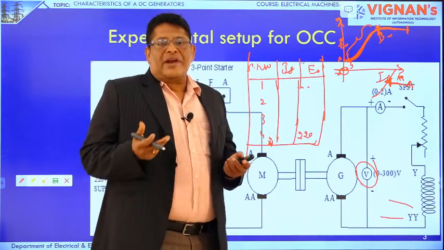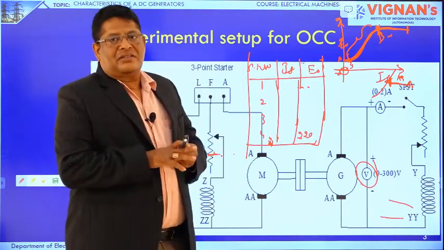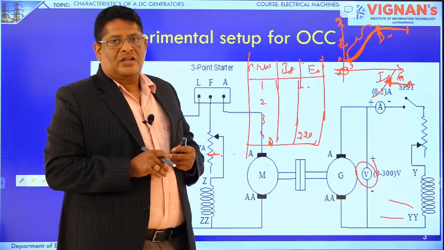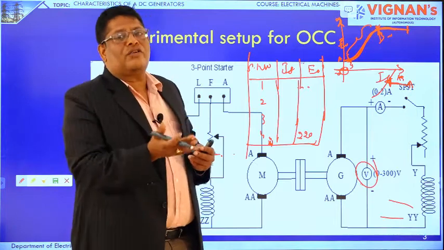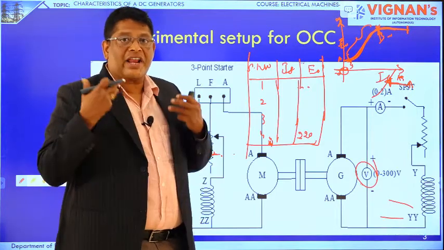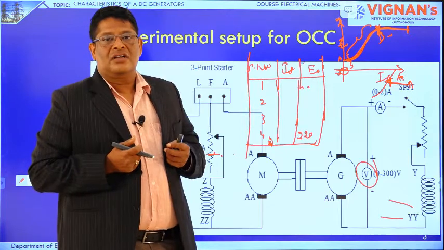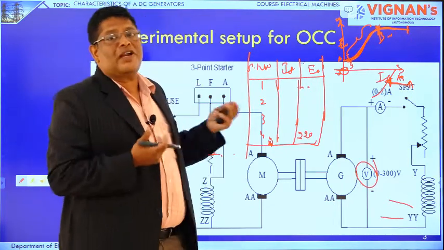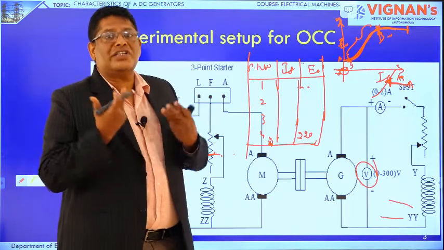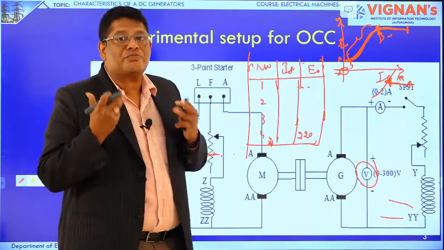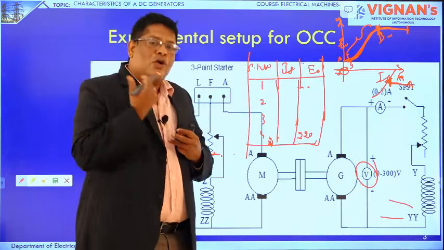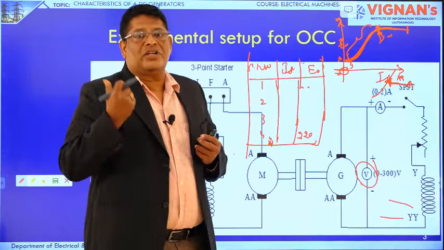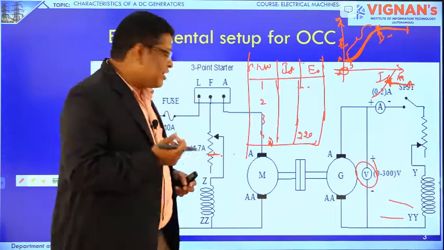We should operate the generator in the linear region because, as the field current increases, the voltage increases, and if the field current decreases, the voltage also decreases. That is what we expect from the generator; it is responding to the field current. Once it is saturated, it does not respond to the field current. Even if you further increase the field current, there is no increment in the generator voltage.